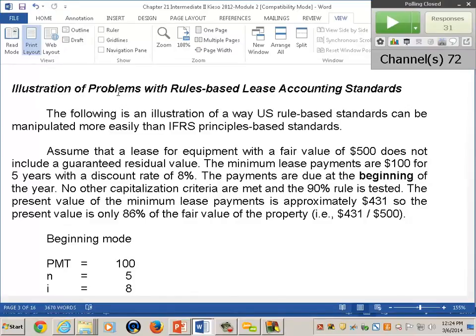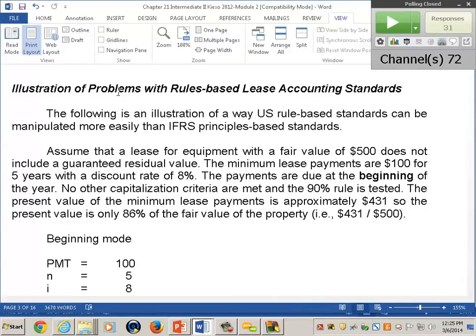And I know from my experience when I was doing auditing, you would go into a controller's office and see people in the leasing area playing around with computers, putting in lease terms, and it would pop up capital, operating, capital. I mean, you really were designing leases for the financial statement implications. So we now have this lease tied up nice and neat in a bow for the lessee.